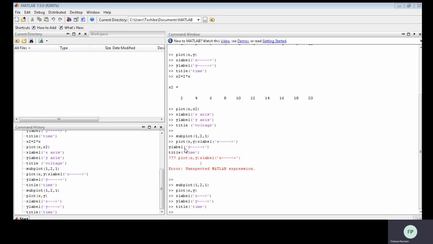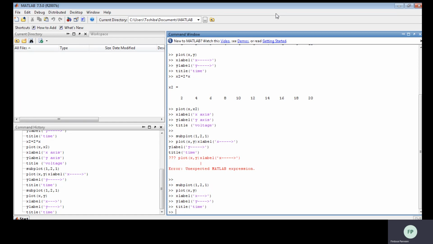Subplot 1, 2, 1 indicates it has one single row and two columns. This becomes the first column and this becomes the second column, and the last number indicates position 1. This part is position 1 and this part is position 2. Let us draw one more graph so that in this one single figure it has two graphs.